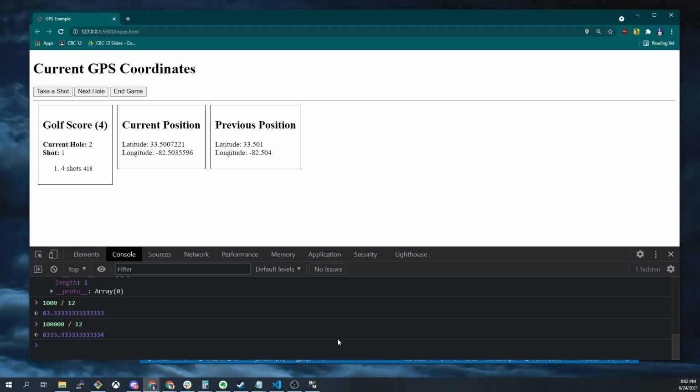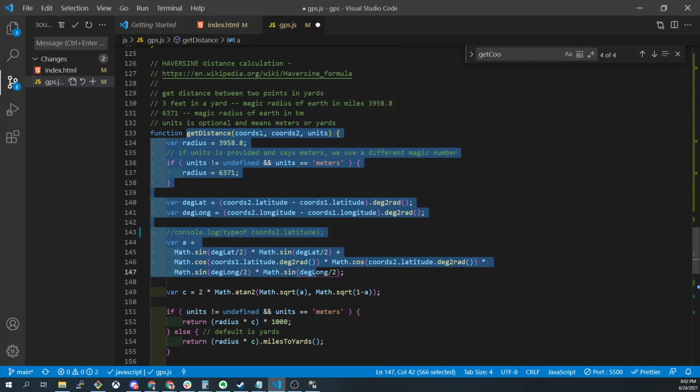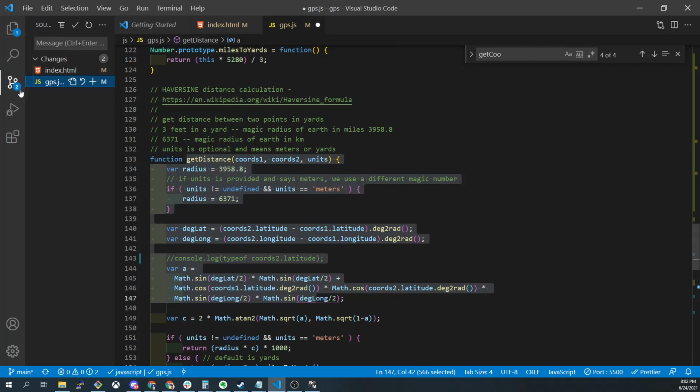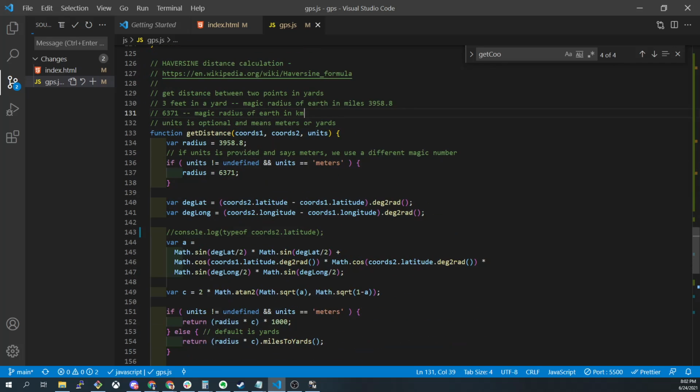Cool. Any questions about any of this? This is all going to be checked into version control, so you can all play with this code. Specifically, I even put in a link to the Wikipedia page. If nothing else, remember the word haversine, or when it comes up, you should know this is how I calculate